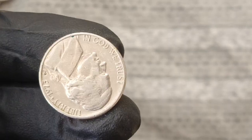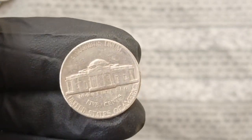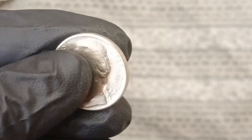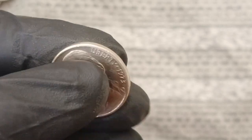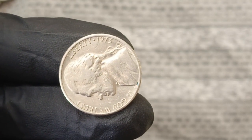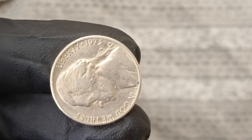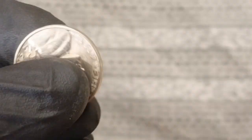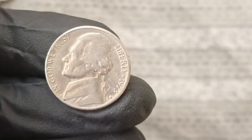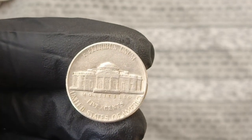these errors might add value to a coin, the fact that all of them appear to coexist in a single 1973 Jefferson nickel has led some to call it the Frankenstein coin, for its assembly of anomalies that defy ordinary classification, and if you're wondering why more such coins haven't surfaced despite millions of nickels being minted that year, consider the scale of coin handling and how many get lost, worn down, or damaged beyond recognition, making even minor errors hard to spot unless you're examining them under ideal conditions, and it's this combination of intense scrutiny, historical oddity, and